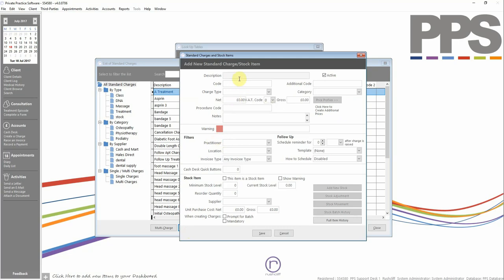And when in this window, I can just work my way through from the top of the screen to the bottom. So the first option here is to pop in a description. Now, if it is a standard charge, so if it's something that's going to be associated to an appointment type, for example, then you don't need to worry too much about the description, because the appointment type is what will appear on the client's bill. But if it's a stock item, the description here is what will appear on the final bill. So if I pop in my description,